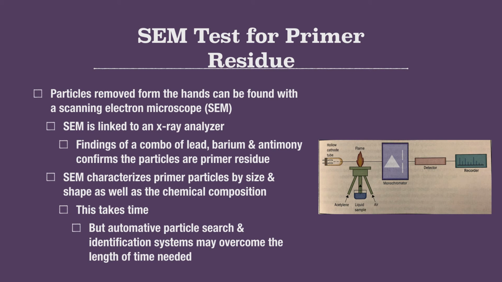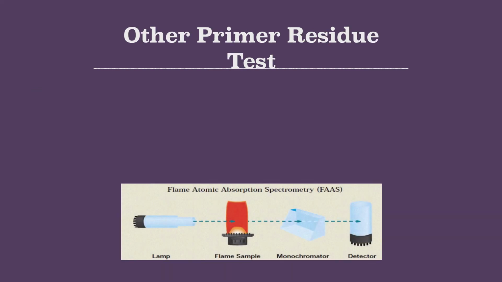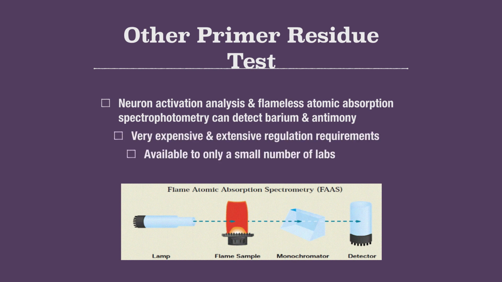This takes time, but there is an automated particle search that is being developed, so the identification system may overcome the length of time needed to do this. Other primer residue tests are neutron activation analysis and flameless atomic absorption spectrophotometry, which can detect barium and antimony. However, it's very expensive, and there are extensive regulations for the requirements of these machines, so it's only available in a small number